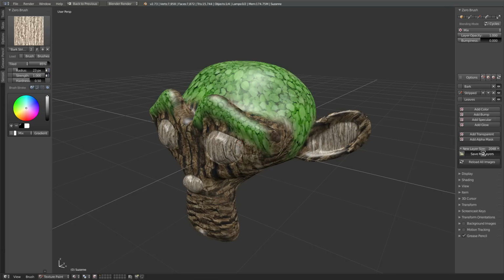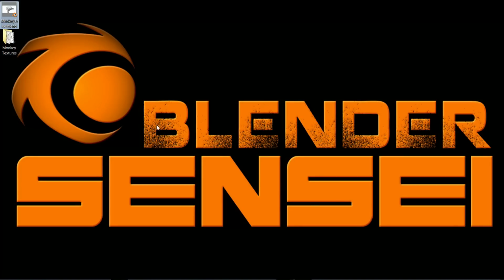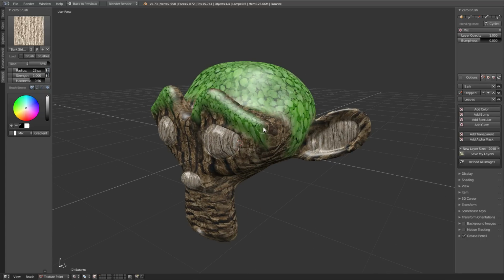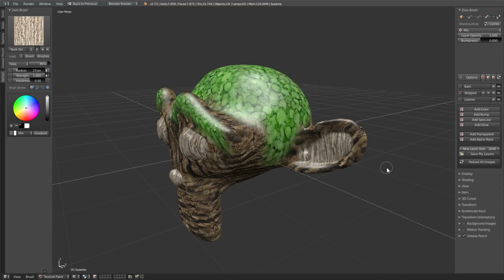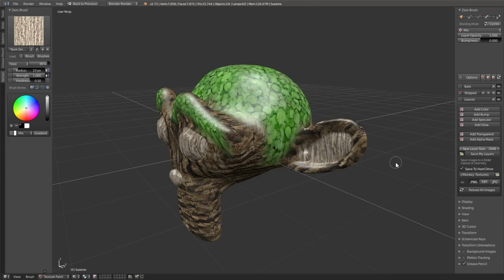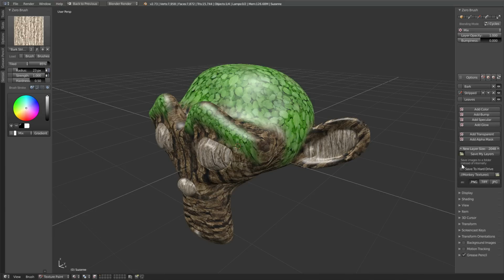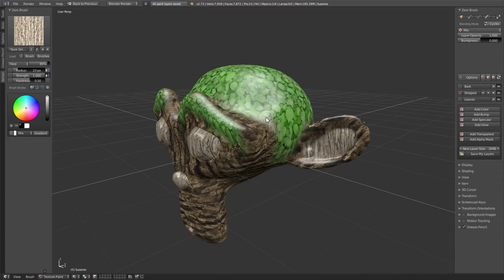And when we press Save My Layers, and if we go to the desktop where we created this folder, you'll see this Monkey Textures folder here, and then all of the layers belonging to this object. And that's pretty much it. Whenever you want to save your files externally, check mark this. And if at some point you no longer want them to save to a folder, just uncheck this. And when you click Save My Layers again, they'll go back to being packed into your file,